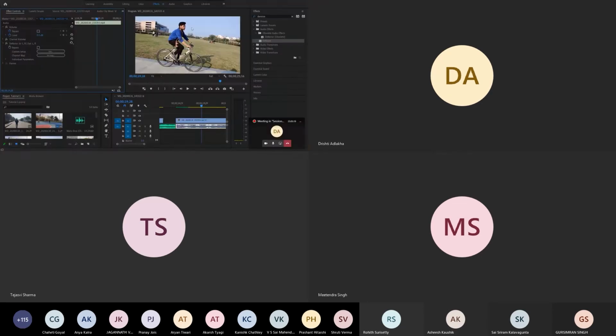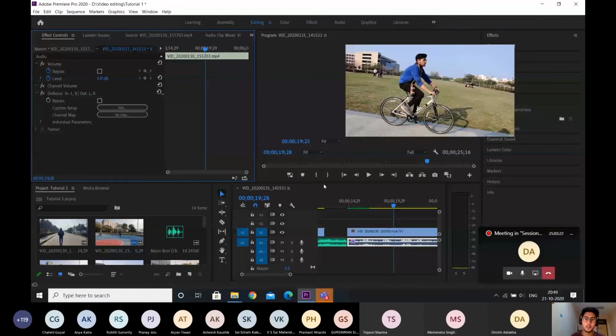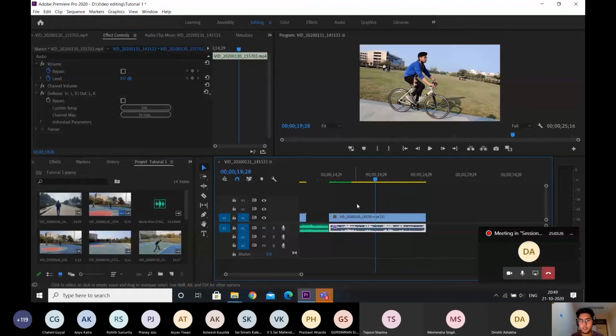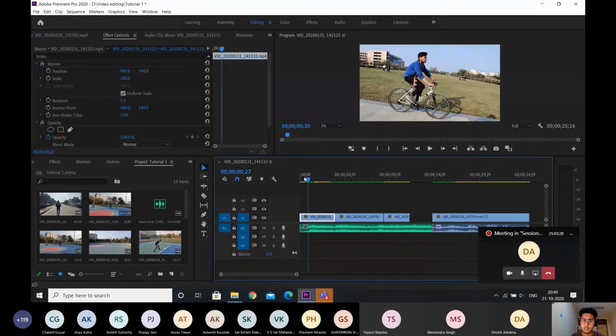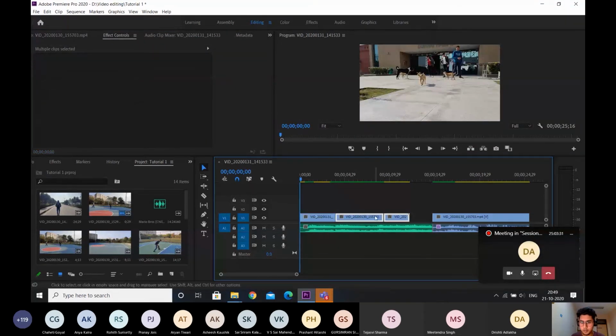So now the pen tool can be used for a lot of things, but you don't necessarily have to use it because, like I said, there are multiple ways to perform every activity in this software. So if I bring these two video clips ahead, yeah, so